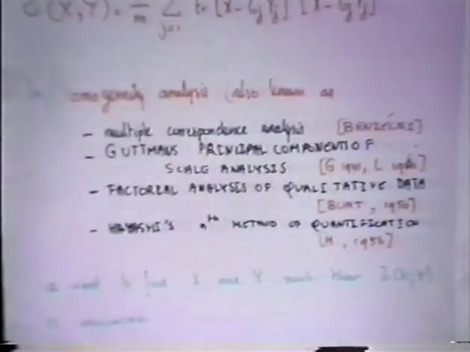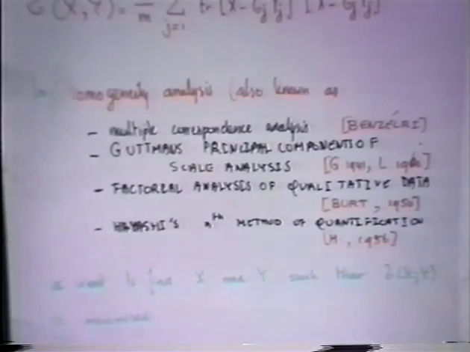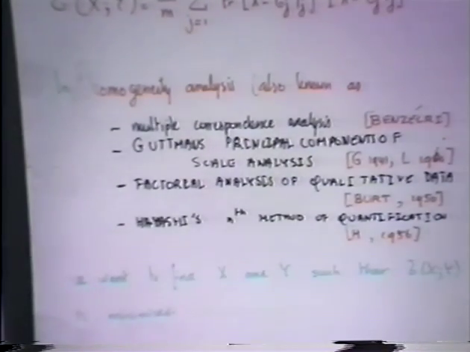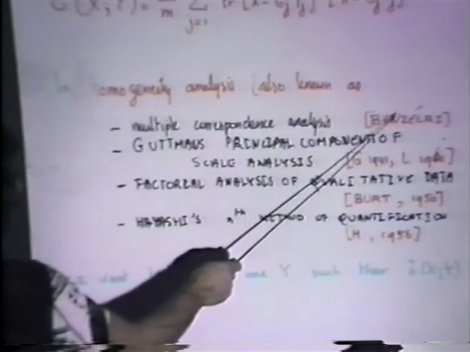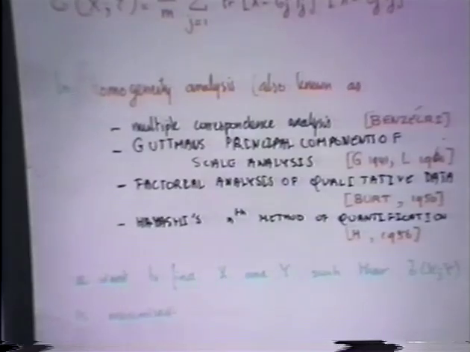There's also multiple correspondence analysis. That's the most familiar name perhaps, or at least perhaps it deserves to be the most familiar name. It's bound to be the most familiar name in the near future. It's the word used for the technique by Benzécri's school, and it's described under this name in, for instance, Greenacre's book on correspondence analysis. It's also called Hayashi's fourth method of quantification, which is not a particularly good name, I would say, but